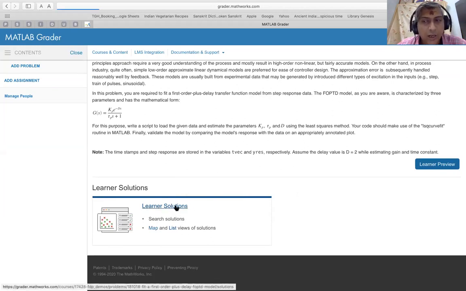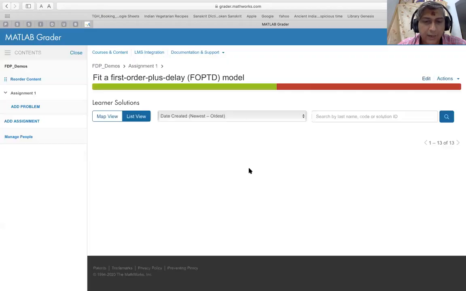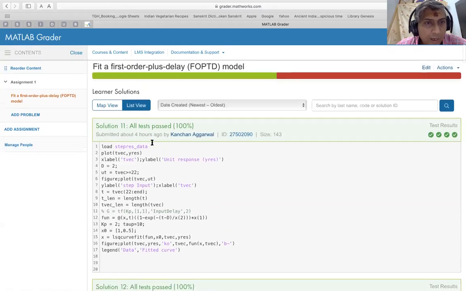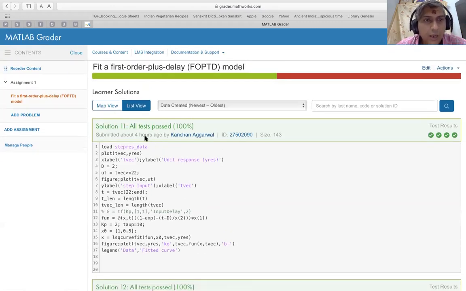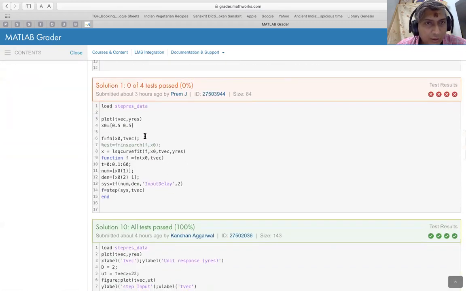So let's click on the learner solutions and see what solutions have been submitted and how many times a particular user has submitted, because I have kept the number of attempts to unlimited. Now, when you click on learner solutions, you will be presented with two different views. You have the option of choosing between map view and list view. I'm only going to go over the list view, and you can see that it shows the 11 solutions that were